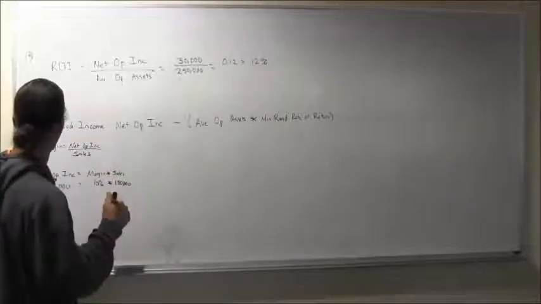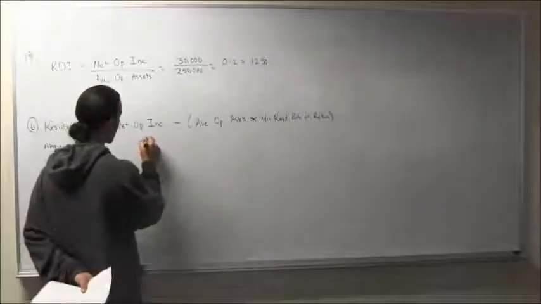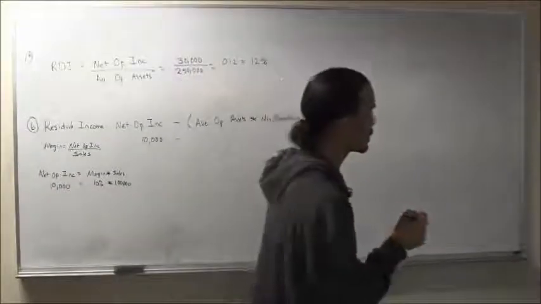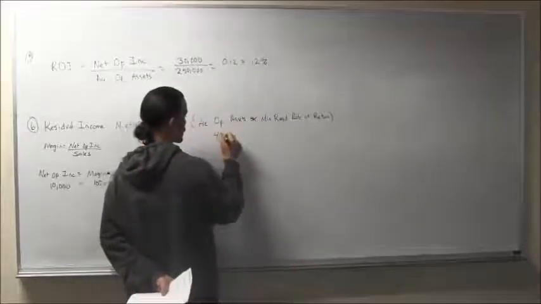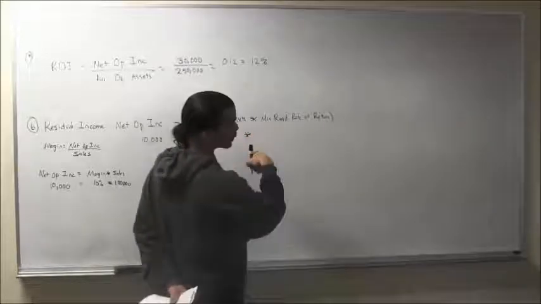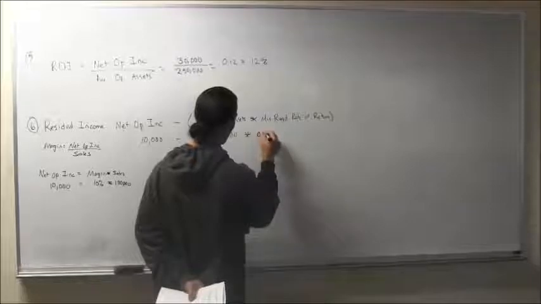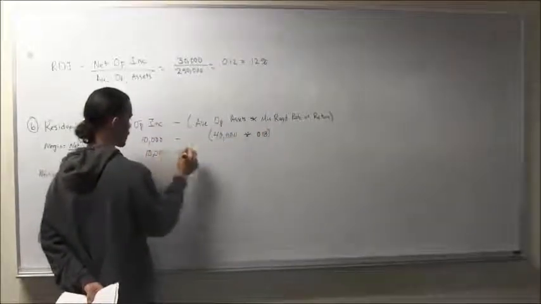So net operating income 10,000 minus average operating assets 40,000 times minimum required rate of return, which is 18%, 0.18. So this is 10,000 minus